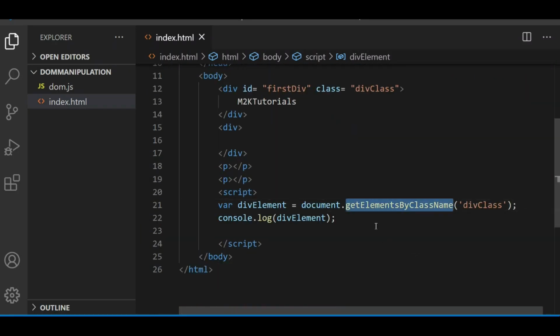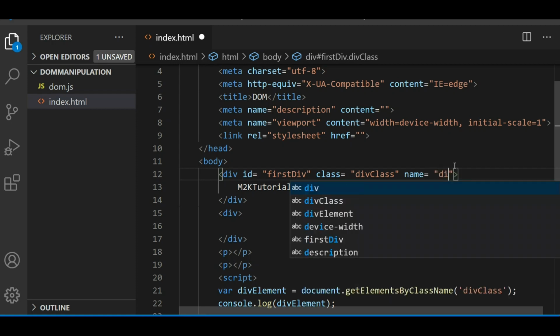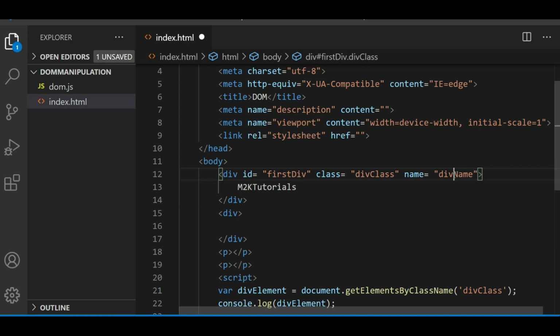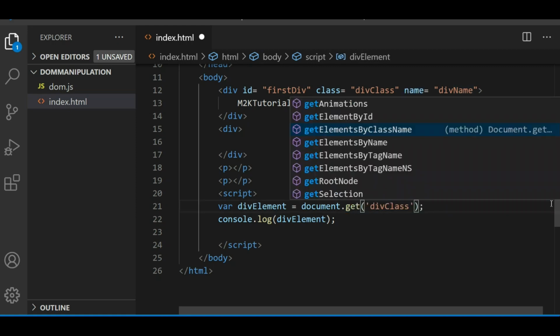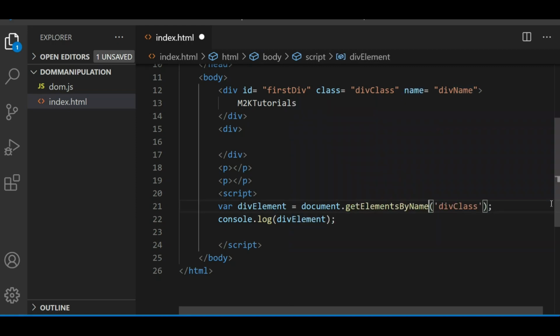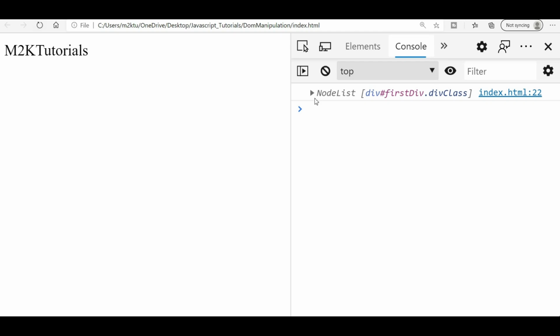The third way we can get any element is using name. Let's say this div has a name attribute, div name, and we can use the method getElementsByName, and if you put this name, div name, here, you will also get your element as an array.